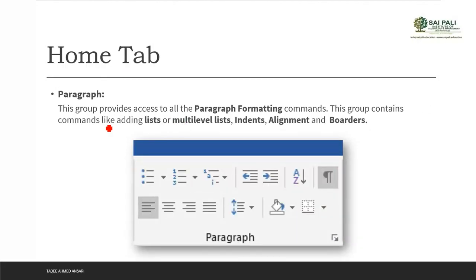Now the next group is paragraph. Now this paragraph group provides access to all the paragraph formatting commands. Paragraph formatting commands, that means we can align the paragraph by these commands. We can align left, right, center, or we can do justification. Even we can add a bullet list, numbered list, or multilevel list. We can add the indent, we can indent left, right, or we can have spacing between lines and paragraphs. We can manage it from here. Then we can add some